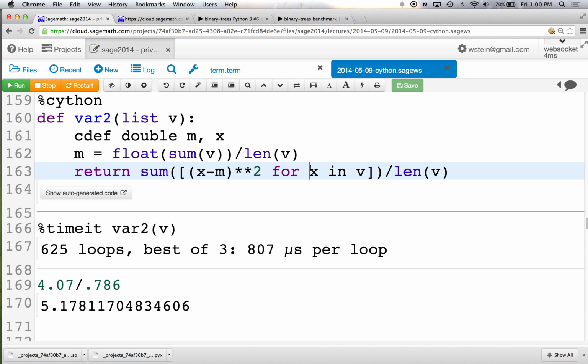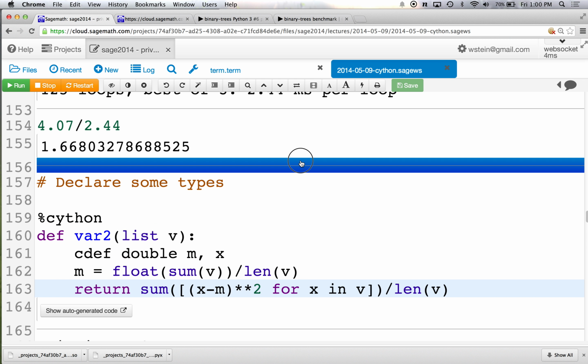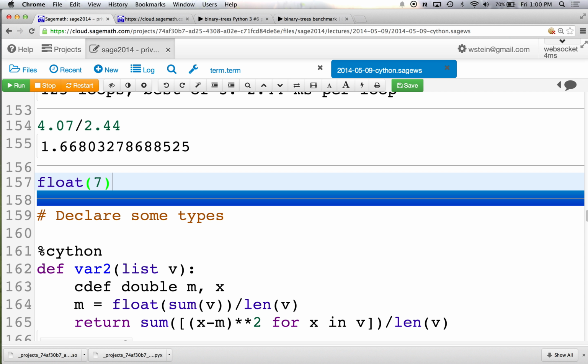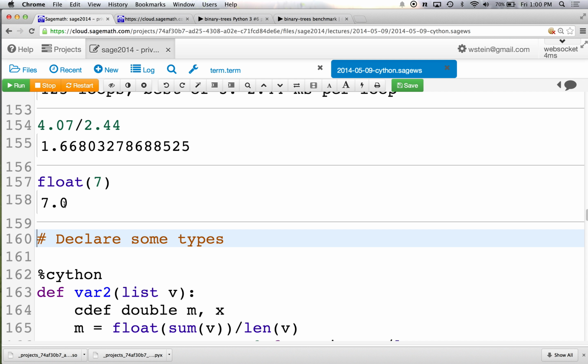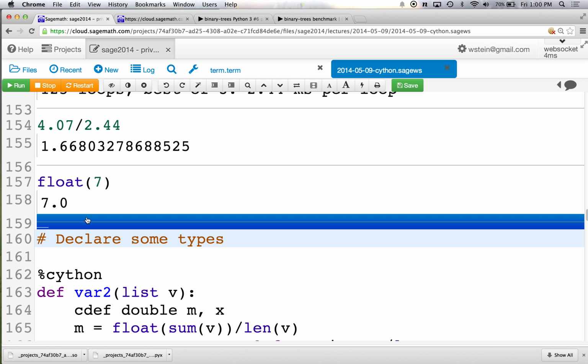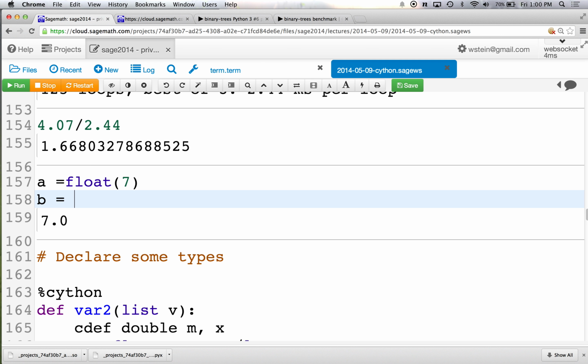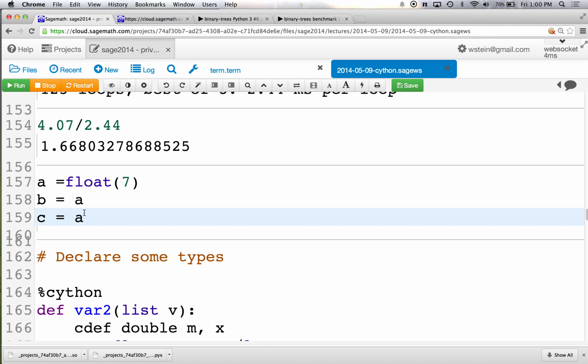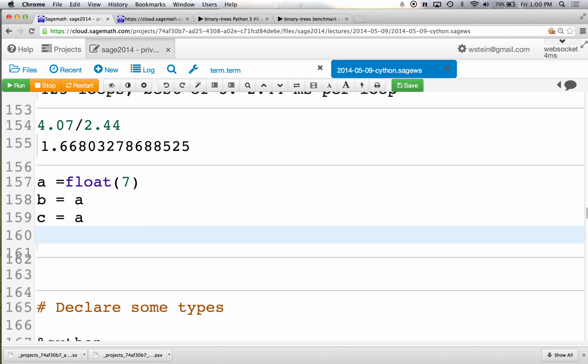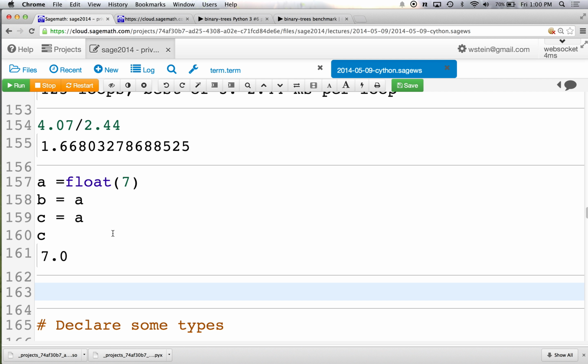So when you make a float in Python, when you do this, like float 7, that one thing right there, it's really a C struct, and there is a C double there, but there's other stuff there as well. For example, there's memory management that involves reference counting. So when I say A equals float 7, B equals A, C equals A, there are now 3 references to that object in memory. That one object has 3 references. Somewhere in that C struct, you have a counter that is set to 3 right now rather than 1.